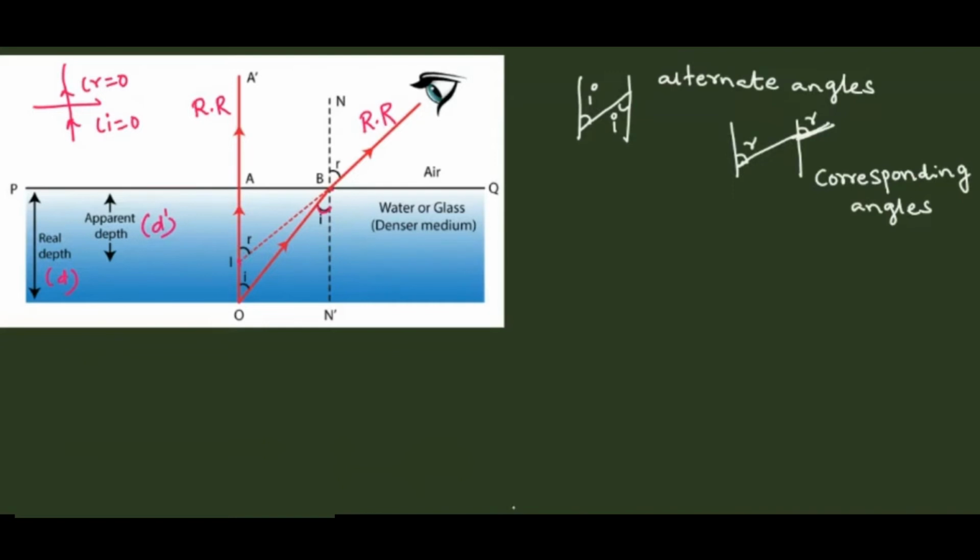Clear? Then, you already know, from which medium is the light coming? The light is coming from water, so this is N2, and the light is going into air, so this is N1. If angles are given and refractive index is given, then use Snell's law. So here the refractive index in this medium is N2, so write N2. And here the angle is I, because the angle of incidence is I.